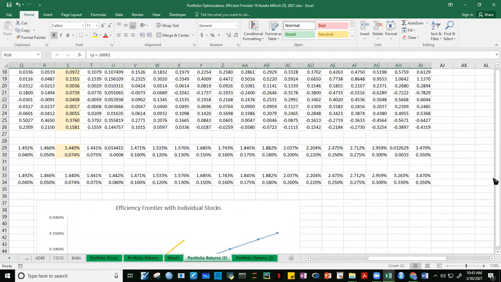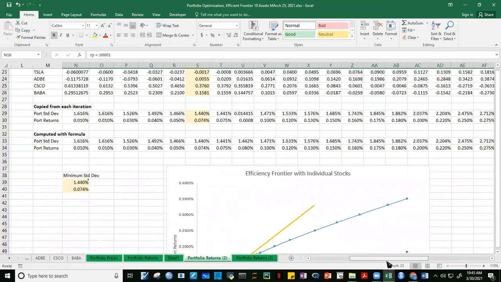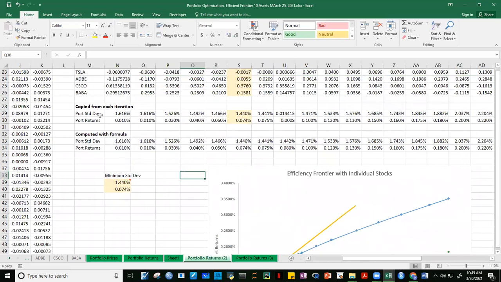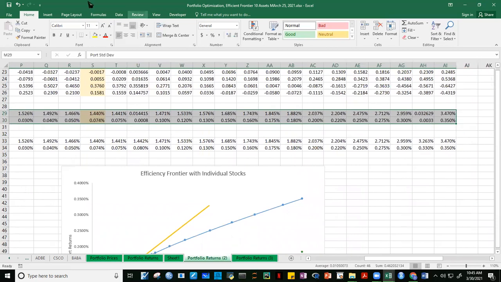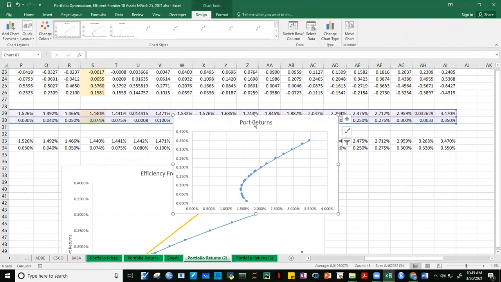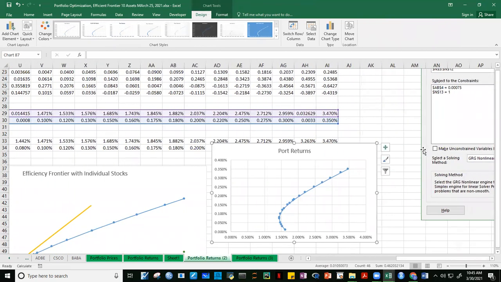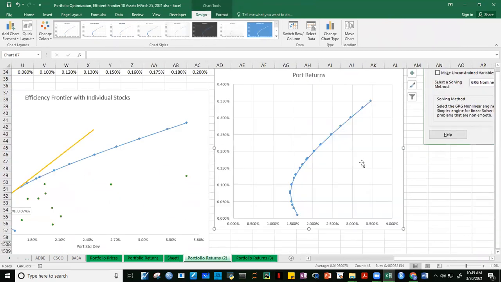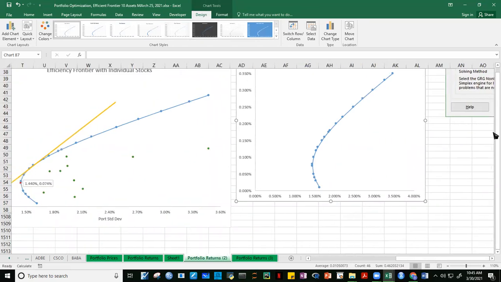Then, kasi, pag na-compute mo na to, okay, itong efficiency frontier is simply the plot of this one. I-plot mo lang si standard deviation at saka si returns. Let me just show you. Insert. Ito siya. That's now your efficiency frontier. Medyo ayusin lang ng konti, palapit lang ng konti dito. Okay. Ito na siya. That's now your efficiency frontier.